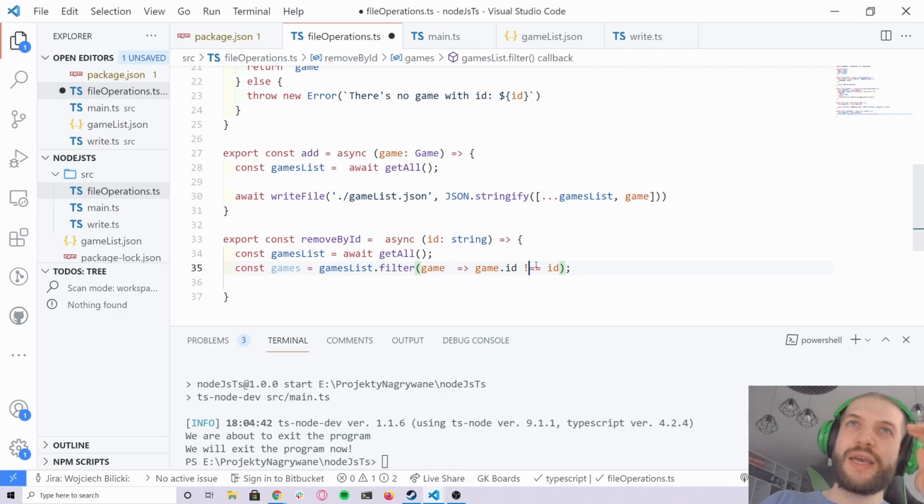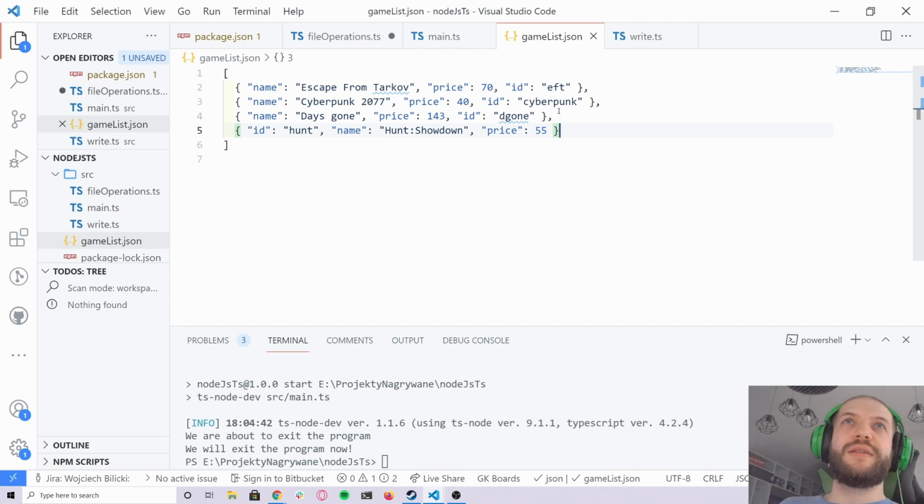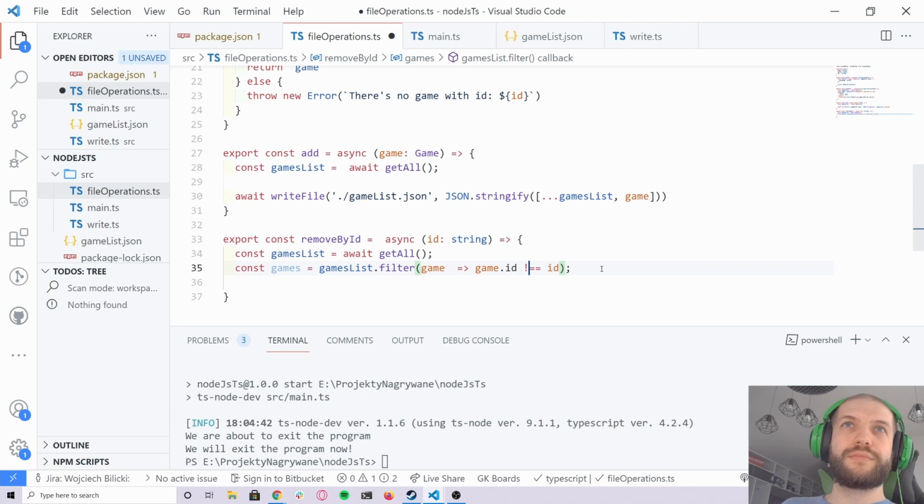To negate that, it will give us the array of games that don't have given ID, right? Meaning if the ID is degone, our list will look like this, because that one is being filtered out by given ID. And then basically we need to